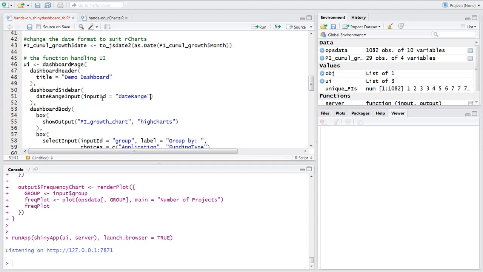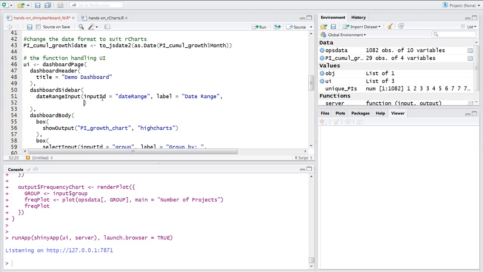No spaces, if you remember. The label is what the user will see. Let's call it date range. You can add a space here. Inside the date range input, we also need to provide the start value and the end value. The start value would be